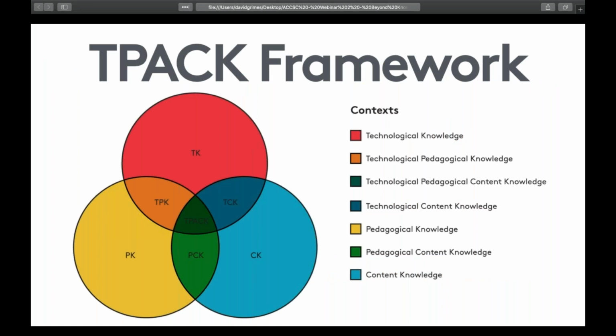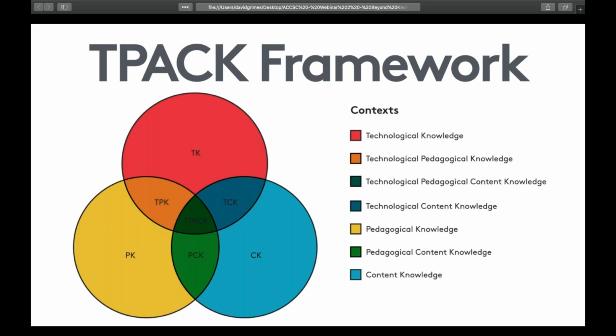And when I showed this chart a little bit ago, you might have noticed there were these TCKs, these TPKs, and PCKs. And obviously on the graphic there, you can see it overlaps a little bit. So all that means is maybe you have a good technology and content knowledge background, but you need to improve on the pedagogical side of things. Maybe you have good content and pedagogical, so you have PCK, but you lack some of the technology integration that you'd like to improve upon.